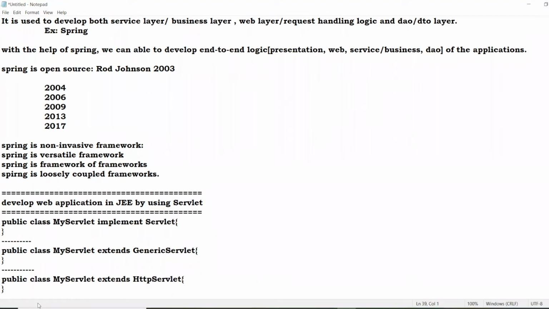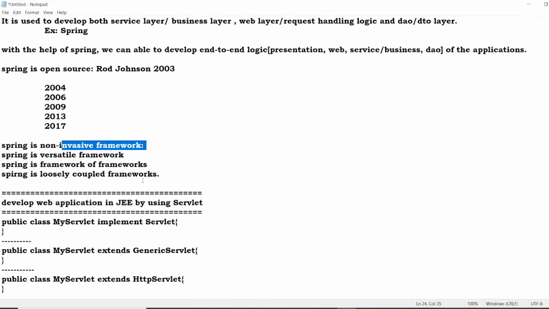So whenever we develop any application, if we are forced to implement or extend software-provided classes, those frameworks we call invasive frameworks. Spring is non-invasive, meaning Spring never asks us to extend its classes or implement its interfaces.